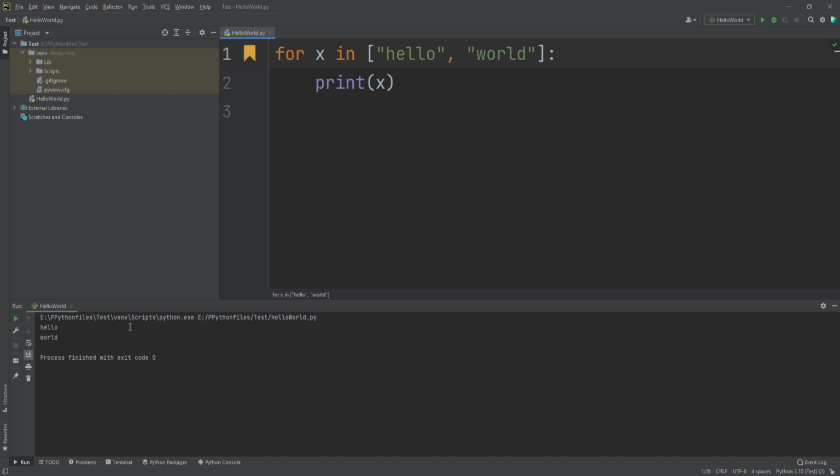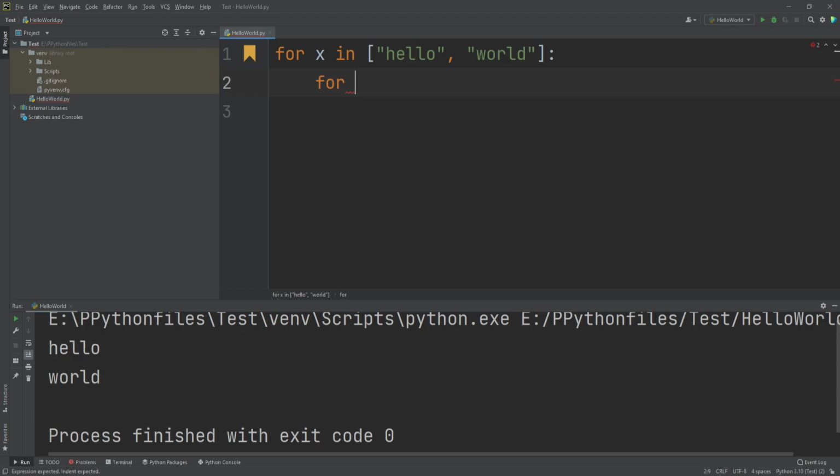Now here's a cool trick that you can do with the nested loop. So what I'm gonna do is I'm gonna create another for loop inside of my for loop, as you know, a nested loop, and I'm gonna put x here. What's gonna happen is every time x gets a different string value, I'm gonna print each letter in that value out. So I'm gonna print y. So when I run this,